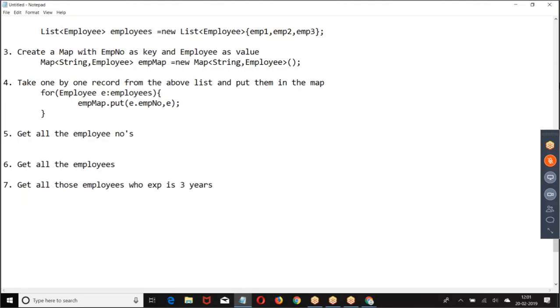Right. Now, what was this? Get all the employee numbers. Set of... keySet. Employee numbers are the key set. Then do the sixth one.